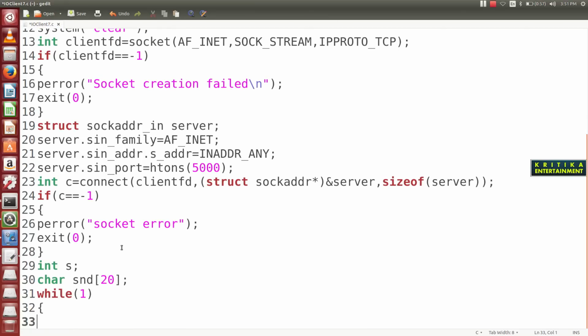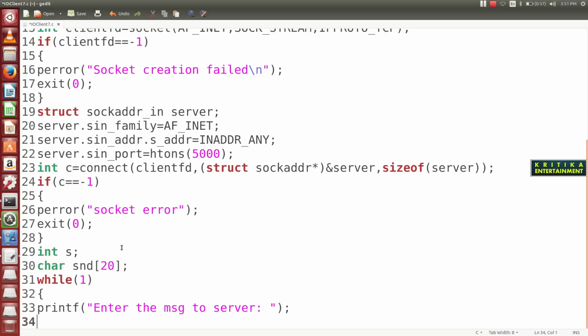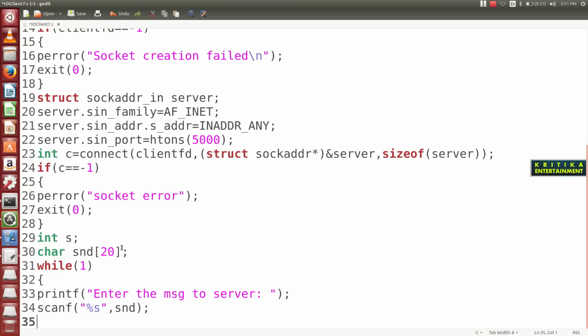While 1. Okay, here write the printf, enter the message to server. Okay, then message to server. Okay, then scanf percent s. Okay, then snd for sending purpose.